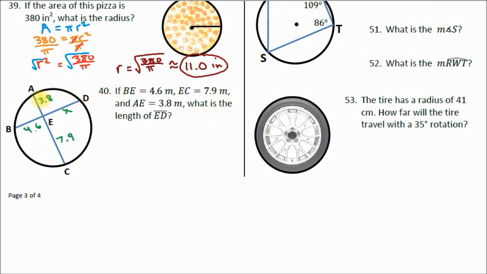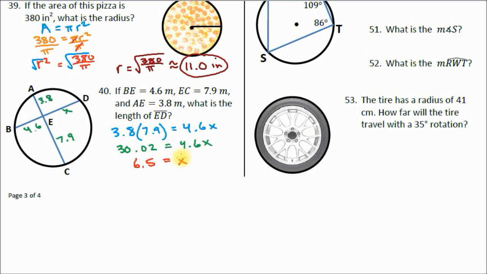We know our formula is you multiply the same numbers, the numbers on the same chord together. So 3.8 times 7.9 is equal to, multiply the same two numbers on this chord, 4.6x. 3.8 times 7.9 is going to get you exactly, I'll go ahead and put the exact answer here, because I'm going to need this for my next part. So 30.02 equals 4.6x. Divide both sides by 4.6, and you'll end up with 6.5